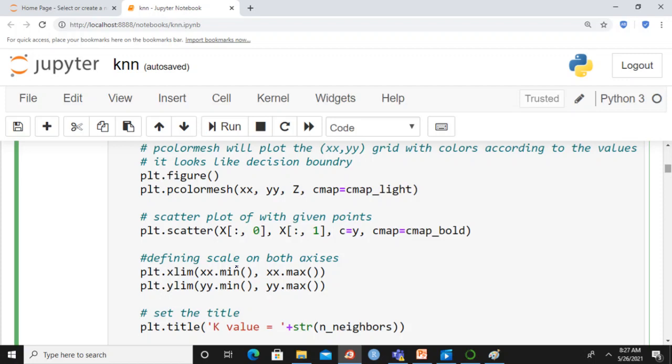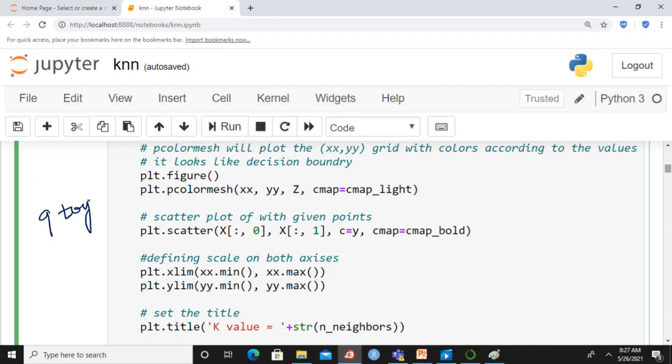As I told you, just go through that Stack Overflow link. We will share this IPython notebook with you. Play around with it. Change different values of k, and understand how the decision boundary is changing, how the jagged lines change as the k value increases. As I discussed, there are 9 toy data sets.